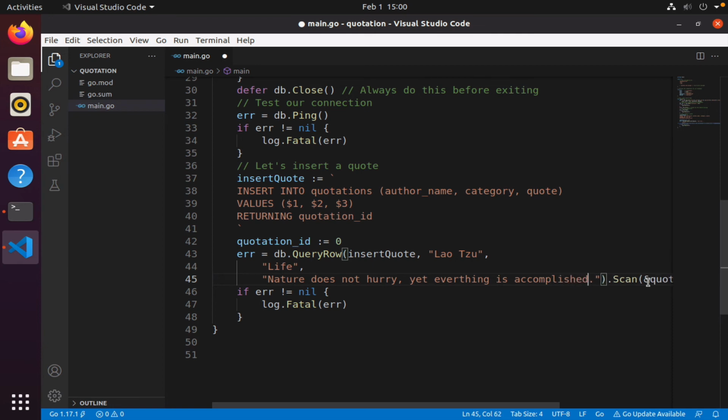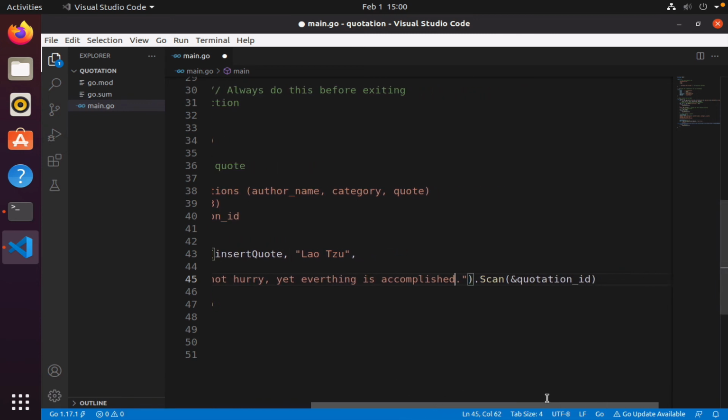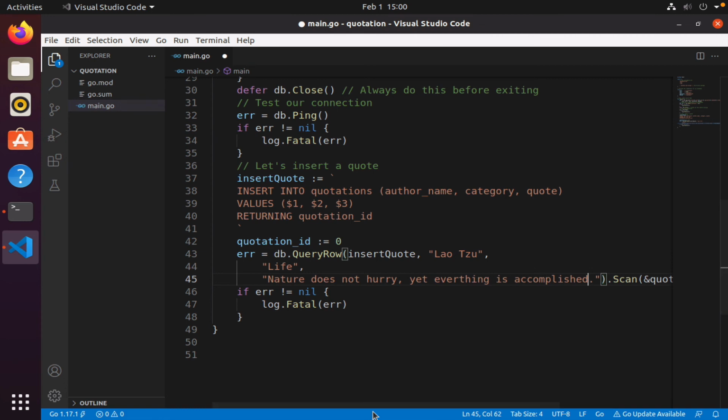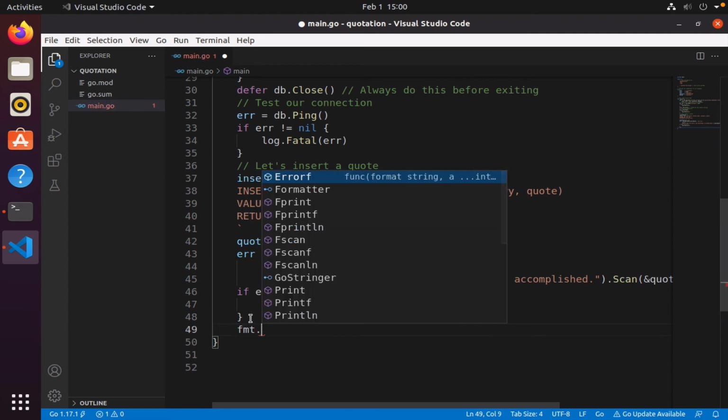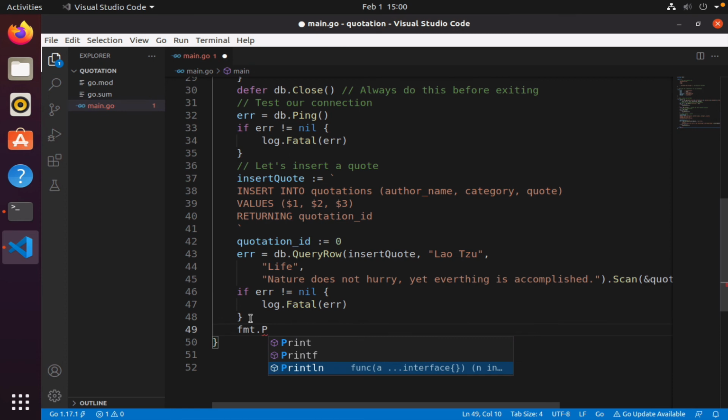Even if it takes a million years. So that's our new code. And since this will be the primary key that is used by Postgres, let's try to print that out. So I could say fmt.Println